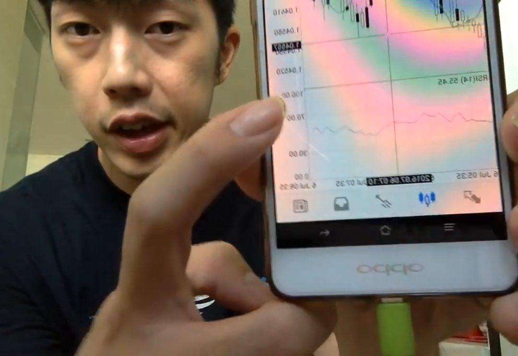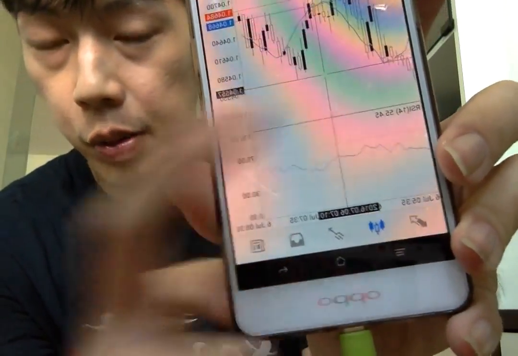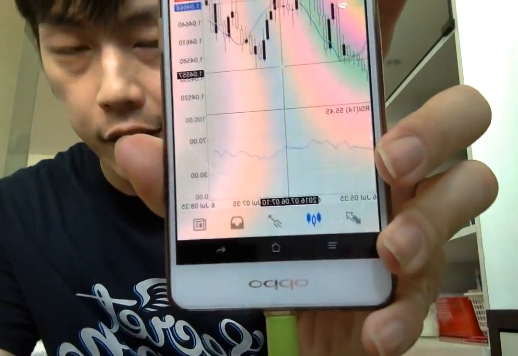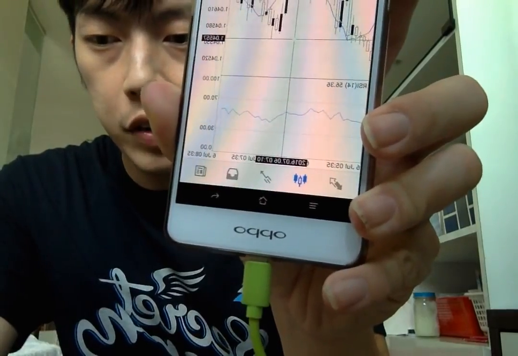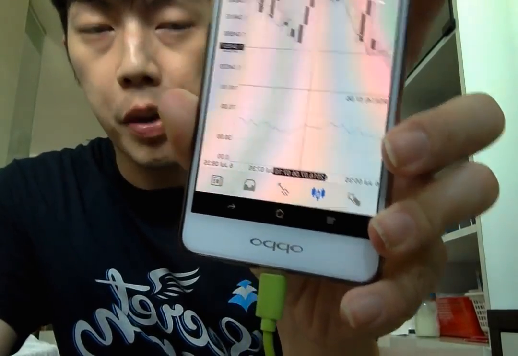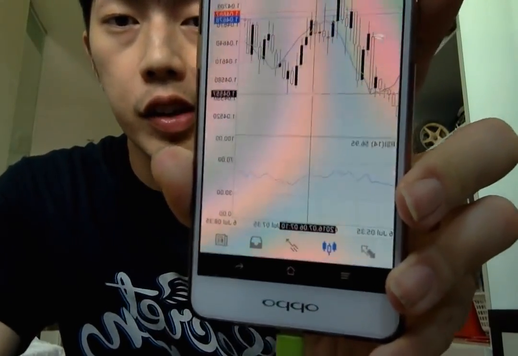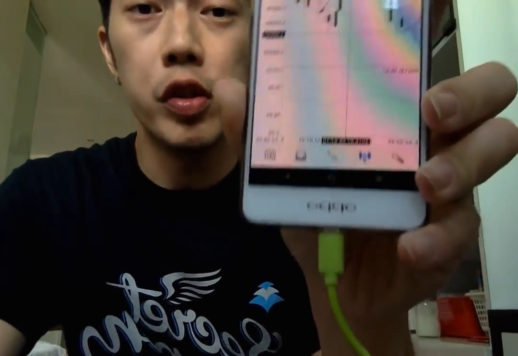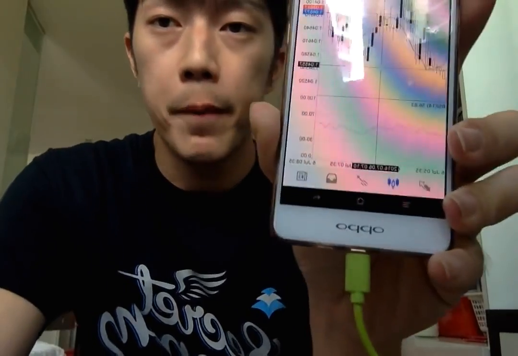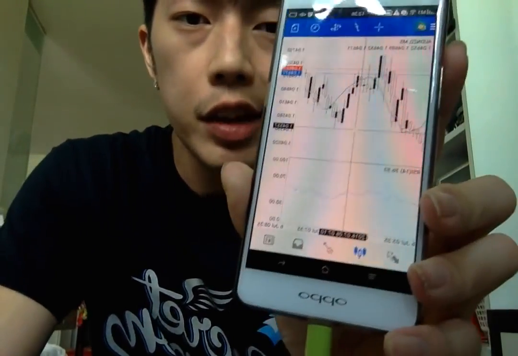Why 85 and 15? If it goes up past 70, and you will also get a level over here as well, if you get to 85, it means that the market has been going up for a period of time. It's actually overbought. And if it's gone below 15, the market's been going down for a period of time, it's actually oversold. And what does that mean for you? When it stays within,